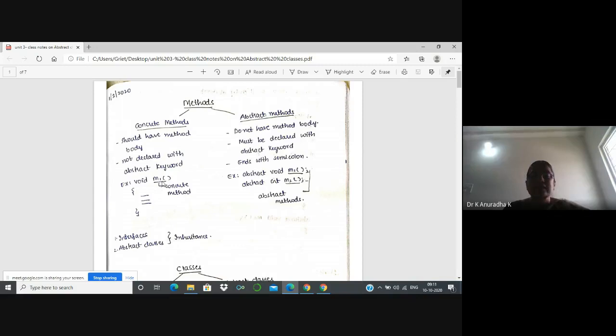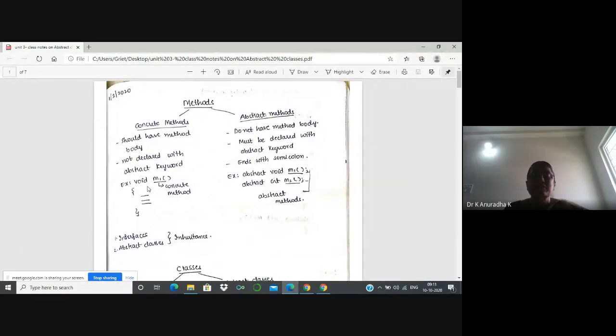So here there are four types of functions. What are the four types? Methods with return type and with parameters. Next, without return type and without parameters. Next, with return type and without parameters. Next, without return type and with parameters. These are the four ways we can write functions.